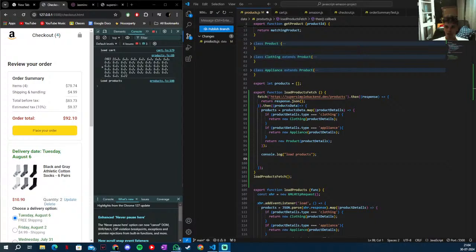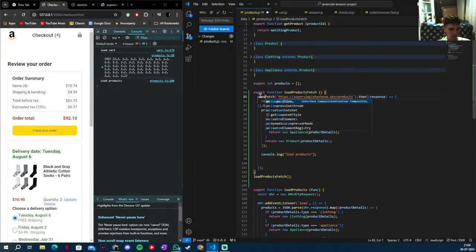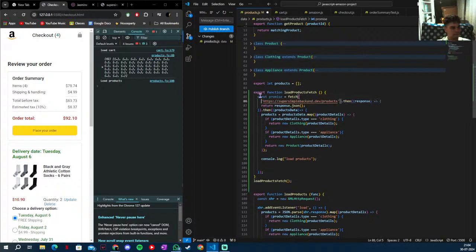Let's get started. Let's call it promise equals fetch. So let's add some new lines here as well as here to make the code a little easier to read. So we're basically calling fetch, which creates a promise, and then we're going to save this promise inside this variable. And then at the end of this function, we can just return